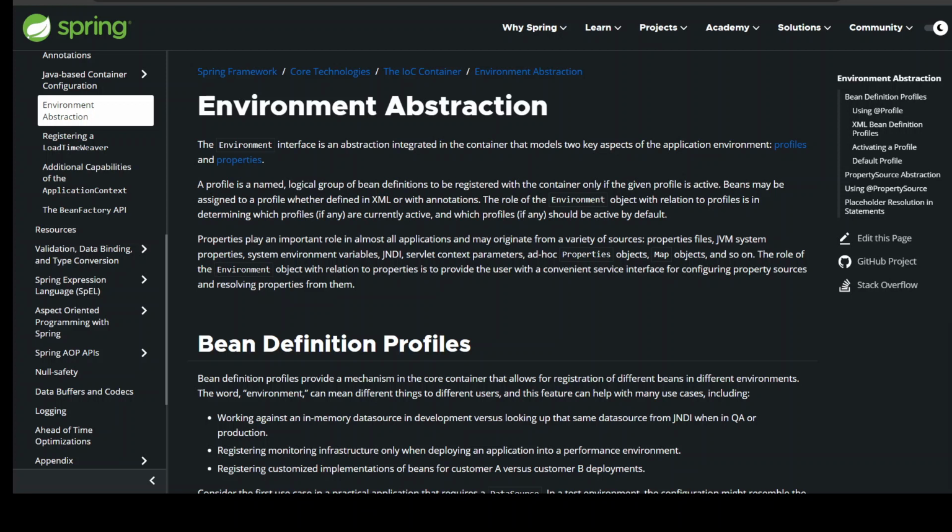Bean definition profiles. Bean definition profiles provide a mechanism in the core container that allows for registration of different beans in different environments. The word environment can mean different things to different users, and this feature can help with many use cases, including